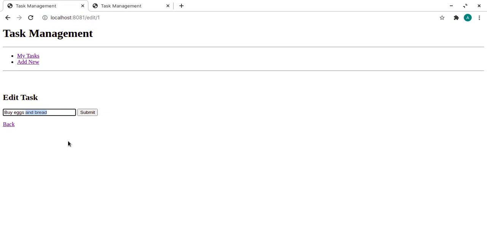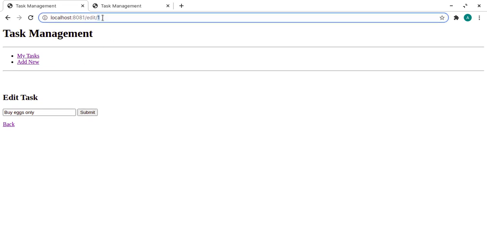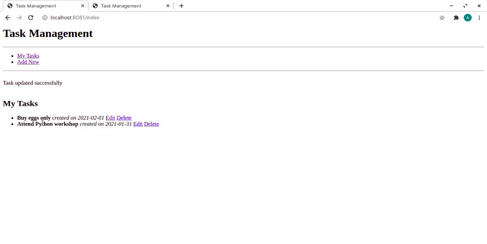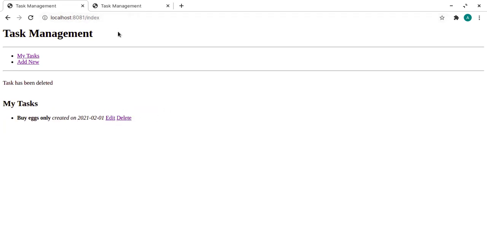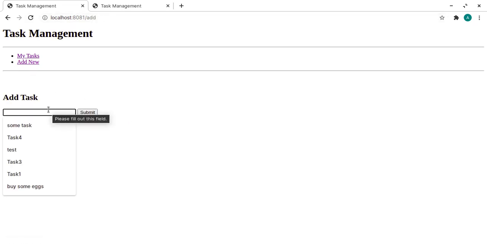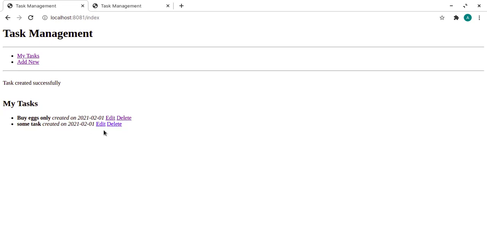I can say by as only, and then I submit it. So we actually update the task on which ID is 1. Submit. See? And same for the delete. If I want to delete this, you see the delete, we also pass the ID. And if you go to this one, the ID is 3. So when I delete this, the task on that ID is actually deleted. And when I create, let's say just create some task. Okay, so see the ID is 2 now. This one.